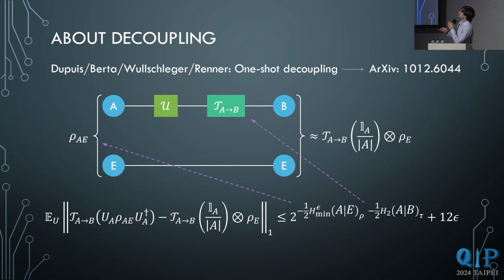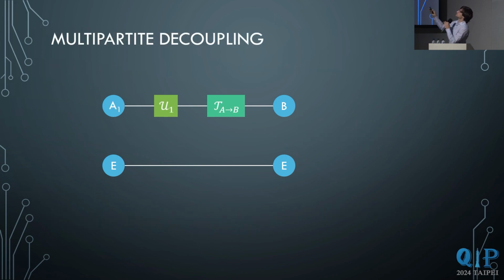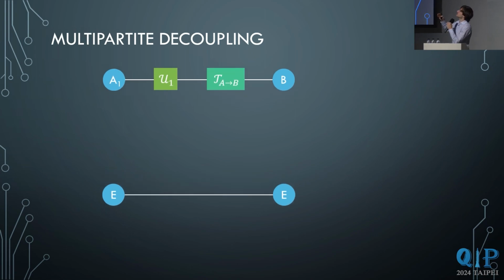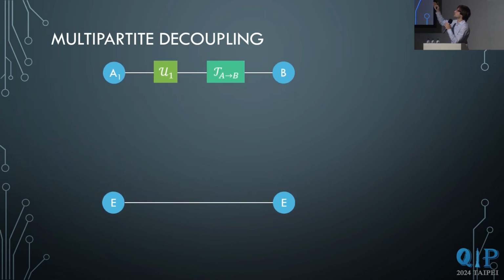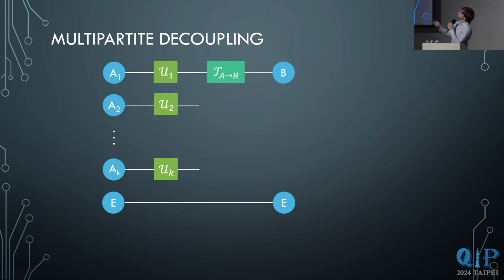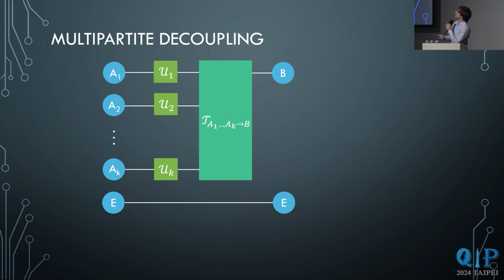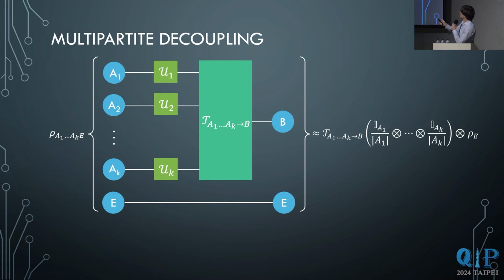And the thing now is, can we try to generalize this to a multipartite setting? So if we now create k aliases, A1 to AK, and we apply these random unitaries locally on each one of them, and after that, a general CPTP map on all of them, we want, again, the output of this thing to be something that is uniform. This starts to look a bit more messy because it's multipartite quantum info, so everything is going to look messy. But yeah, something uniform and uncorrelated from the system E.